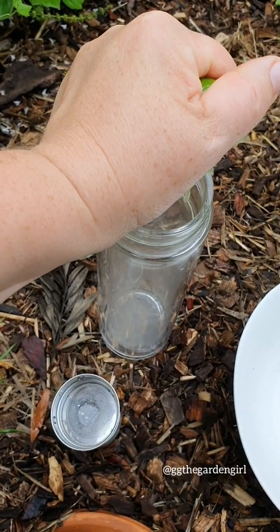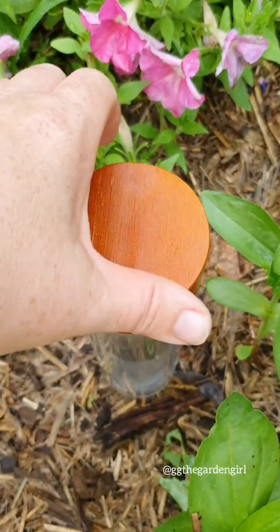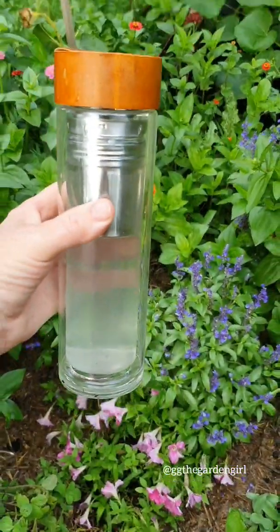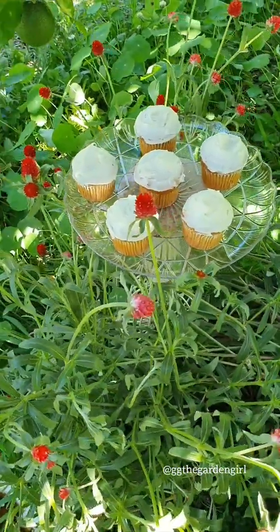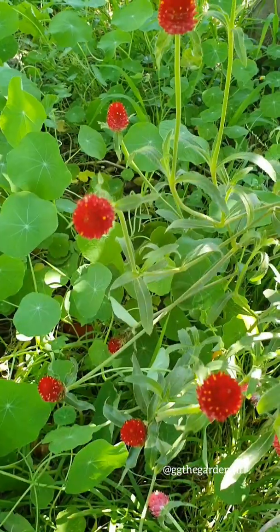Squeeze in some lime juice. Pour in some hot but not boiling water. Leave it to rest for a couple of minutes. And then enjoy! I've just come out to my garden to decorate these cupcakes using these edible flowers called Globe